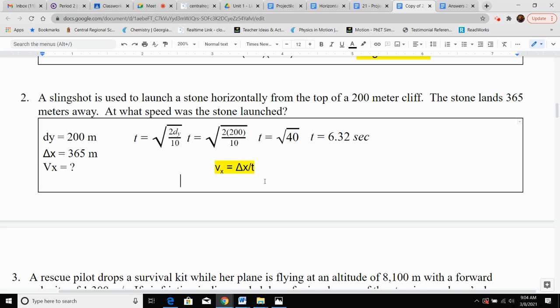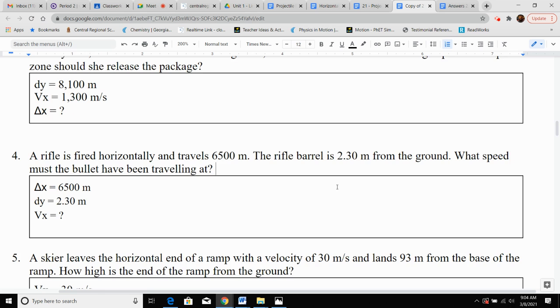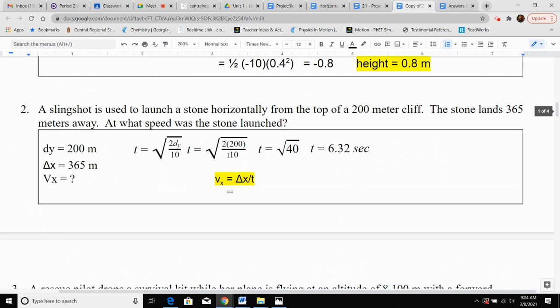And now that once you have both of them, delta x, which was given in the original, so it'd be 3, oh Jesus, what'd I do? Oh, hit the wrong button. 365 divided by time of